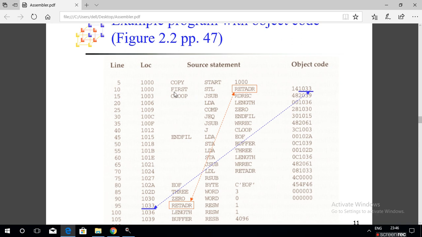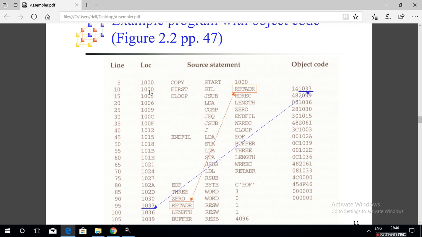If this input line is not a comment line, you check whether there is a symbol in the label field. The symbol FIRST is there in the label field. For the symbol FIRST, the corresponding location counter value is 1000, so write 1000 here.